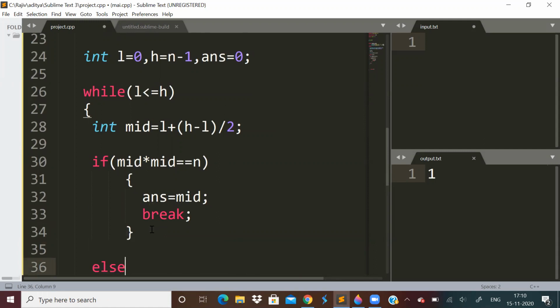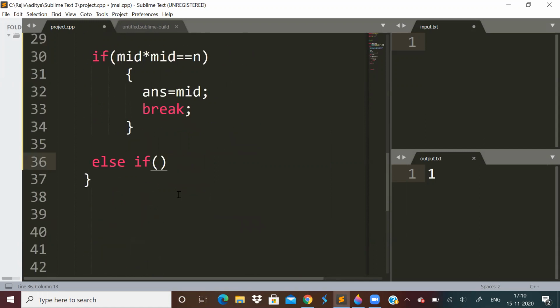Otherwise, else if mid into mid is less than n, then what should we do? Then we should say L equal to mid plus 1. We should check on the right side. But because some numbers don't have a perfect square root, we will get a float answer, like integer division.